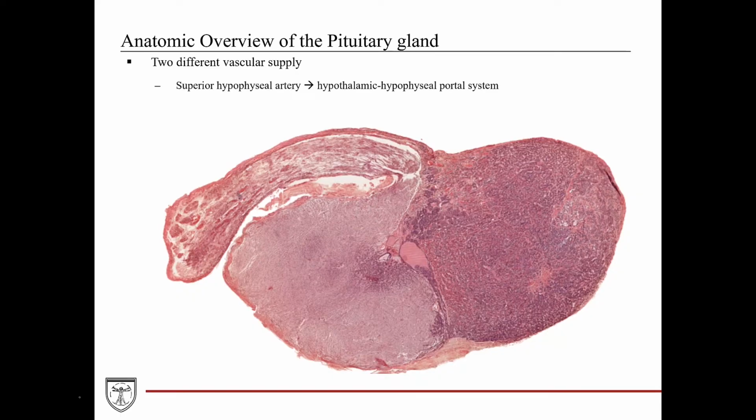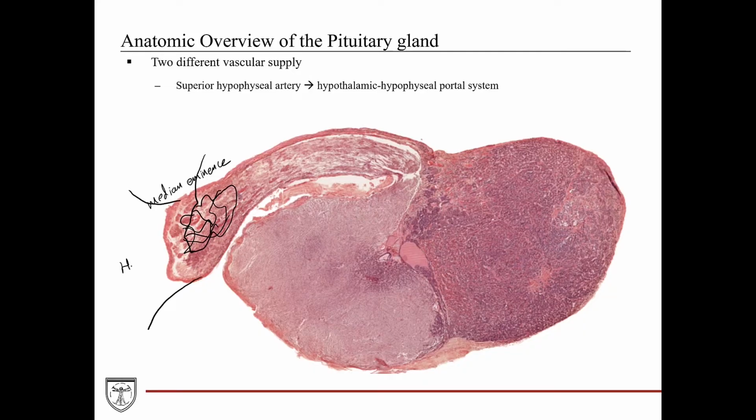One is the superior hypophyseal artery, which supplies the hypothalamic hypophyseal portal system. To explain the hypothalamic hypophyseal portal system in a little more detail, the superior hypophyseal artery will come in and branch into the rich fenestrated capillary networks here in a region called the median eminence, which is a distalmost region